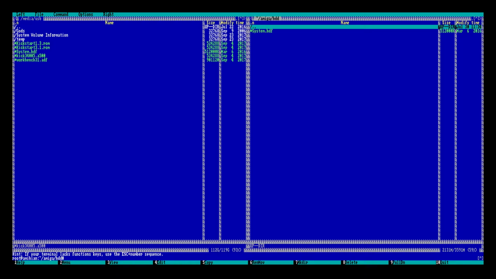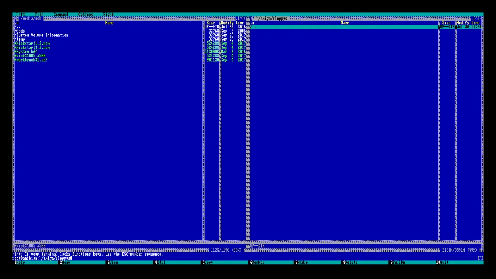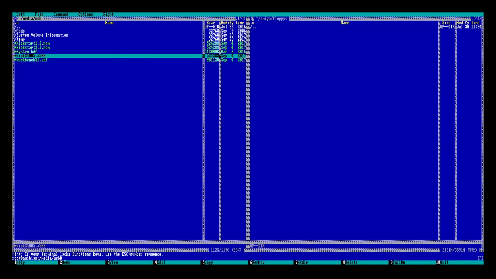So let me tab over to this side and go up a directory. This directory that says floppies is where we're going to put all of our games and things. We're eventually going to mount this directory as a secondary hard drive in the Amiga OS. So when you launch the desktop, anything you put in this folder you'll be able to get to from the Amiga desktop. Keep that in mind. So we're going to copy this over there. Tab back over, F5 and enter.